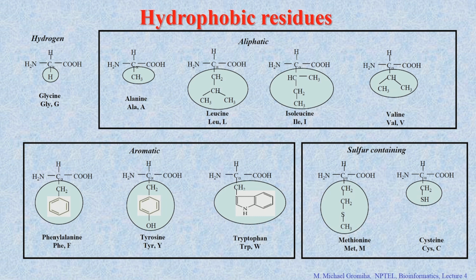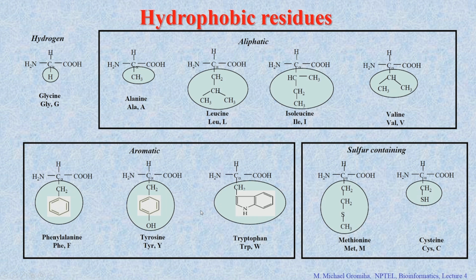What are aliphatic amino acids? Right, alkyl group, that is CH2 group. So, if you see all the amino acid residues like alanine, leucine, isoleucine or valine, they contain CH2 groups. So, they are called aliphatic amino acids. Then here the 3 cases I put, right. So, this contains the rings,